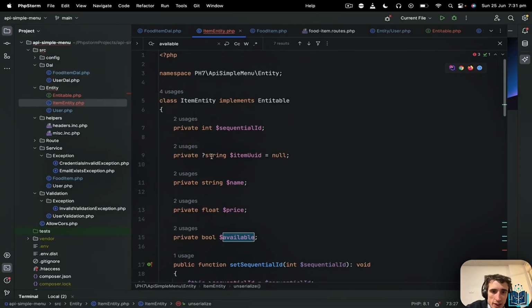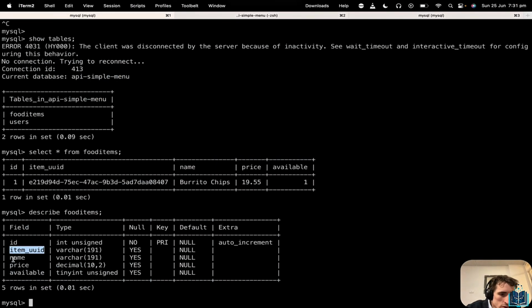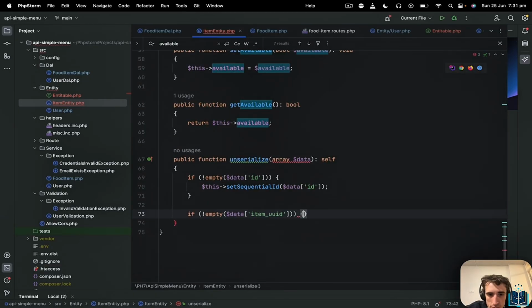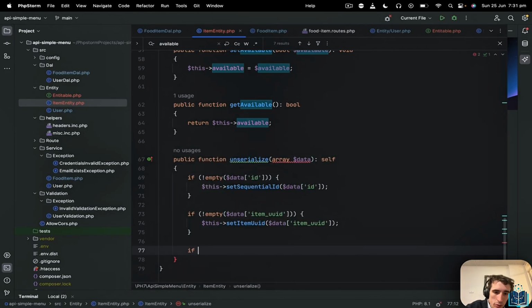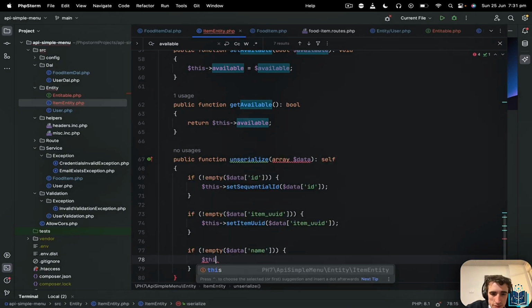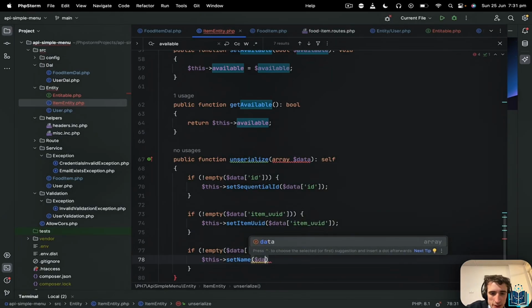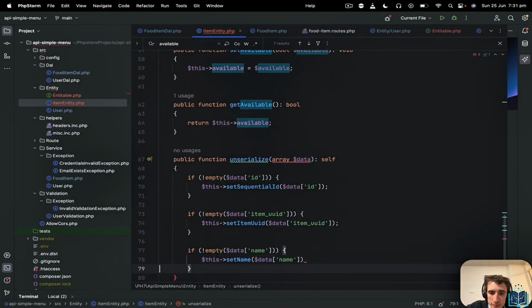Now do this if not empty, again data, and here we'll do the item UUID, so it will be this one there, and then I do this set item UUID, that one, perfect. If it's not empty, data name, this, set name, data name,